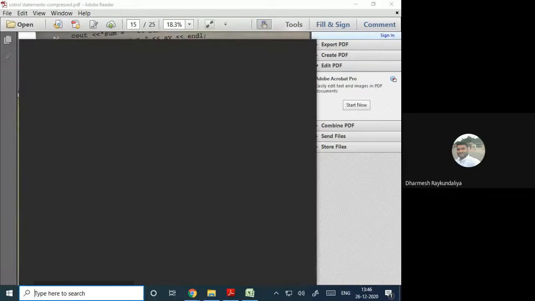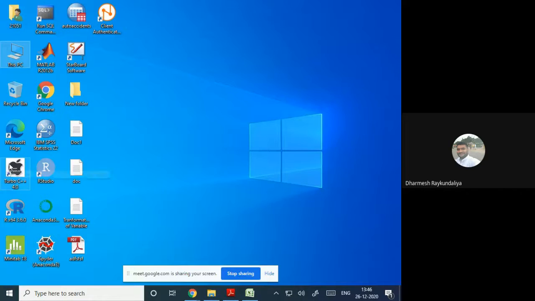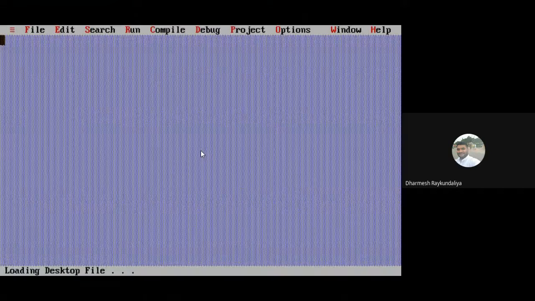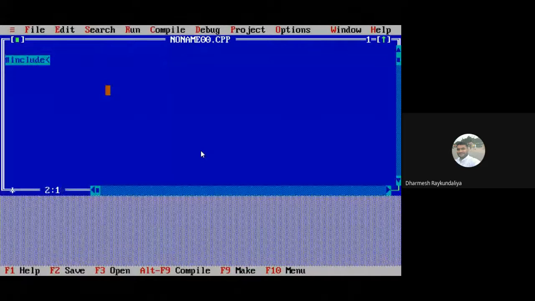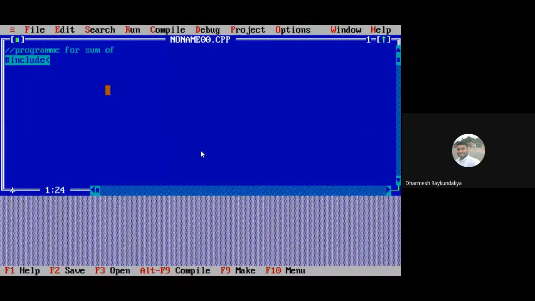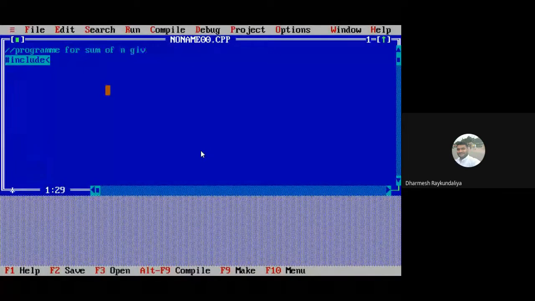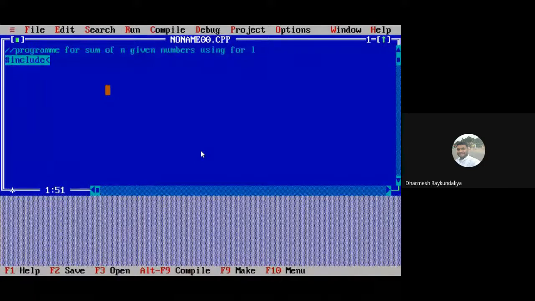So let me show you. The program to find the sum of n given numbers using for loop.